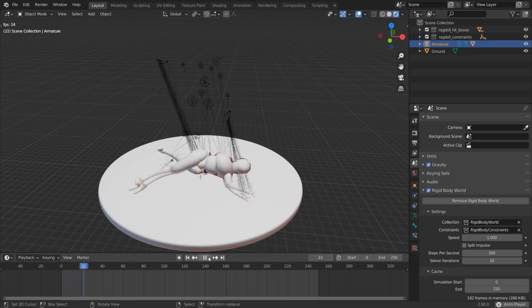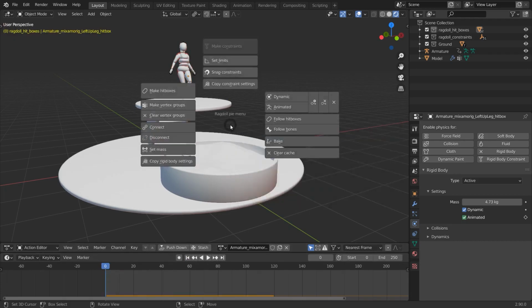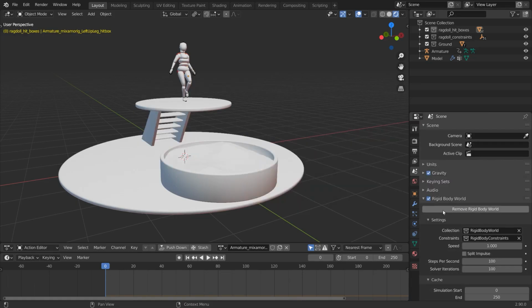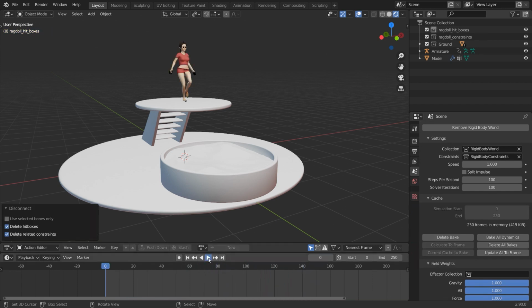This is great for stuff like characters falling realistically, in addition to collapsing on impact or reacting dynamically in a scene. So instead of keyframing every little movement, you can let physics do the work for you and then tweak it as needed. The add-on works best if your character's rig is clean and well structured. And if the bones are messy, the simulation can act weird. But once you set it up, it's gonna be a great way to mix physics with hand-keyed animations for more